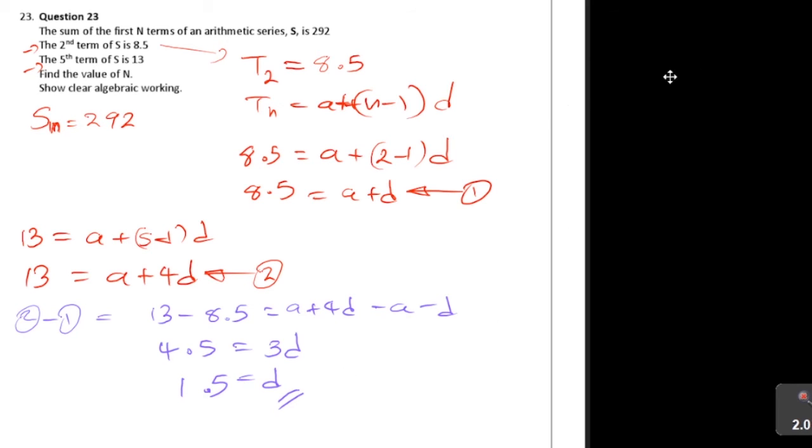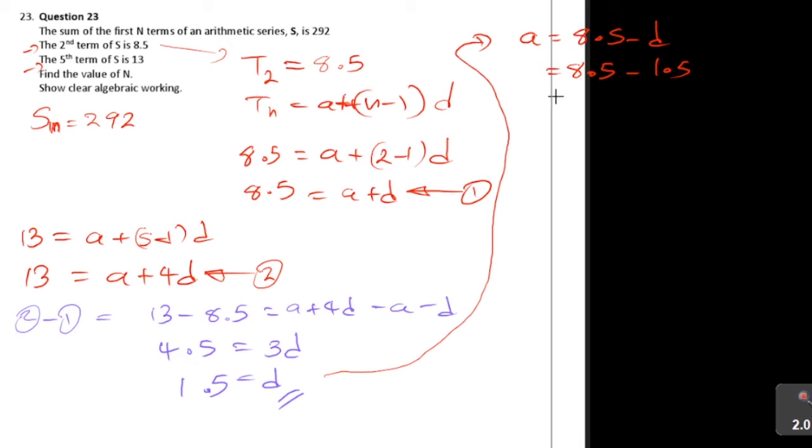Nice answer. And when we get such answers, we should be happy. Using this d value, we can now find a. How to find a? a equals 8.5 minus d, or 8.5 minus 1.5. What do we get? 7. a equals 7. Now using these two and the first data point, we can find n, because Sn is given as